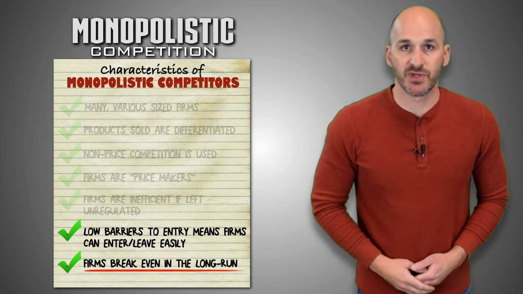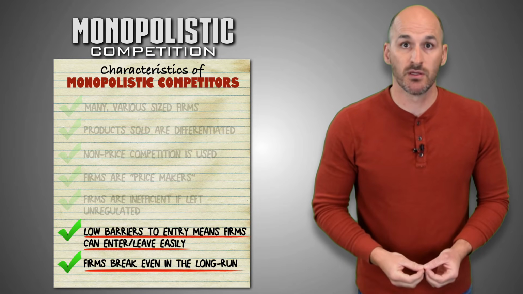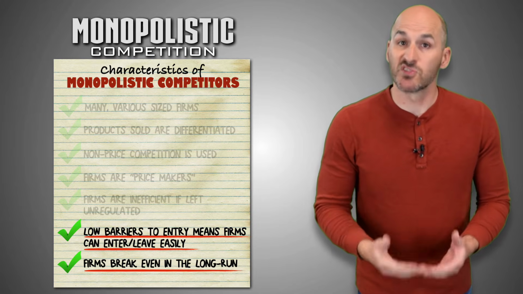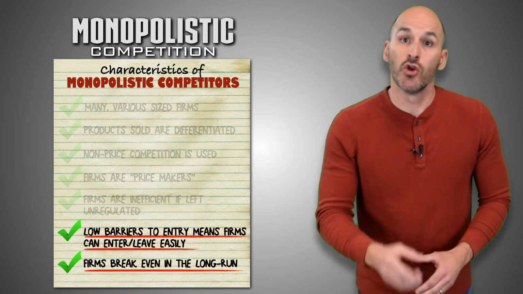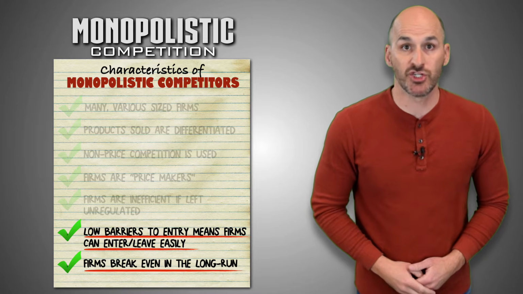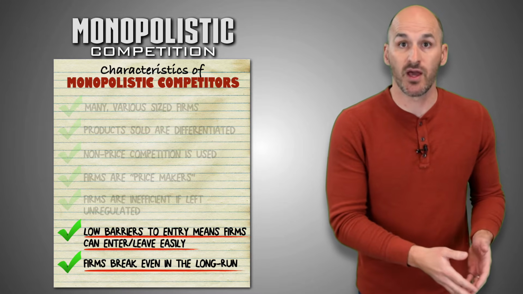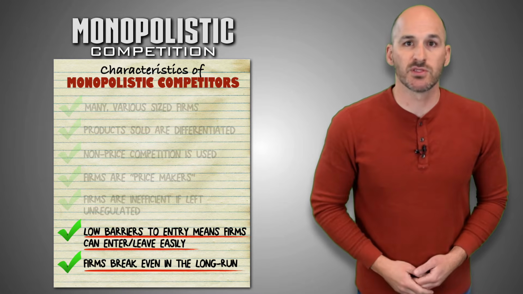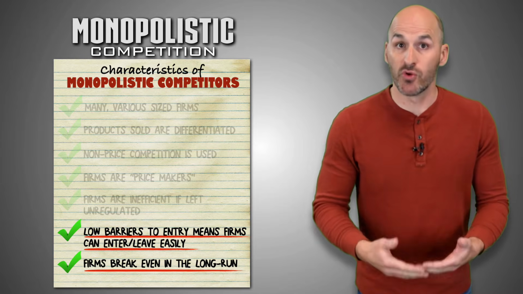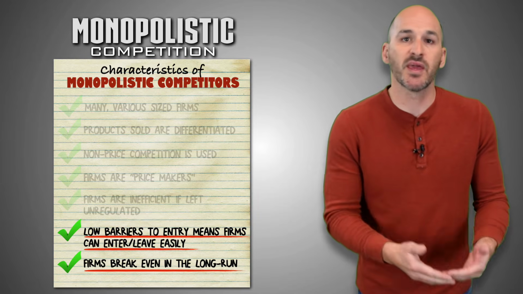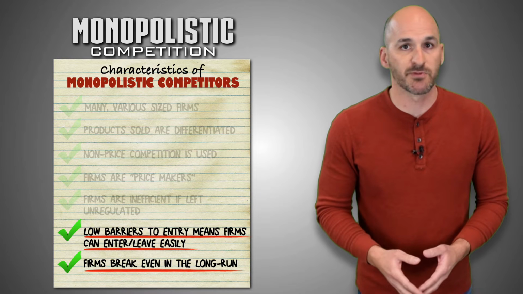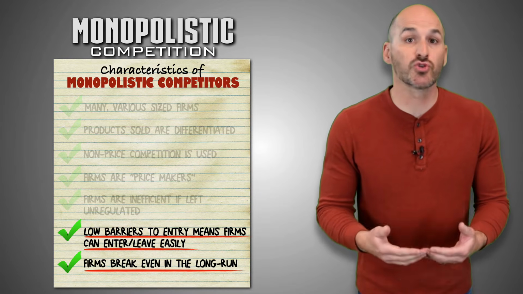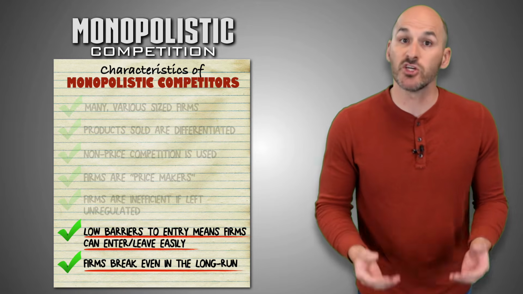Monopolistically competitive industries have low barriers to entry. With so many firms producing similar products, competition in the market is fierce. No one firm holds a significant share of market demand over all the others. As a result, it's relatively easy to start a new company, join the industry, and begin competing with existing firms. It also means that firms that experience high production costs or who struggle to maximize profits can easily shut down